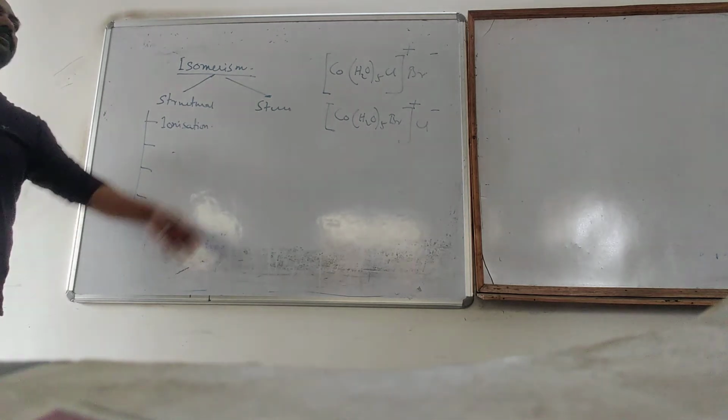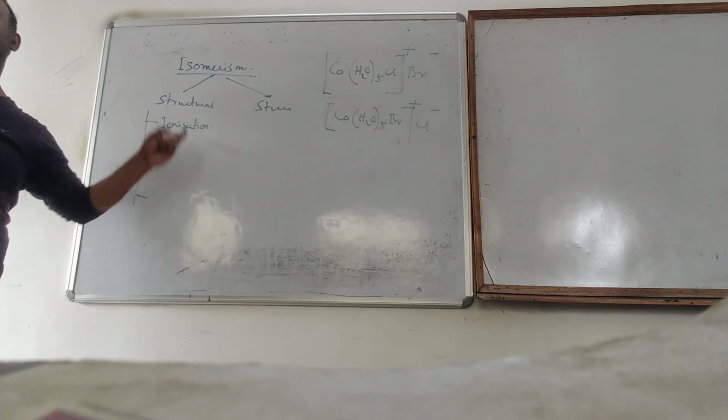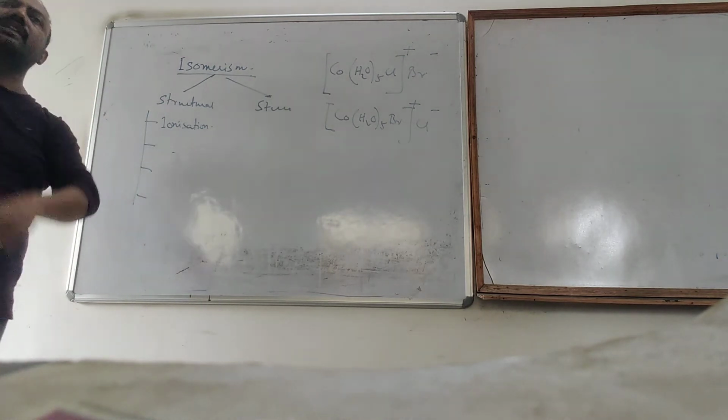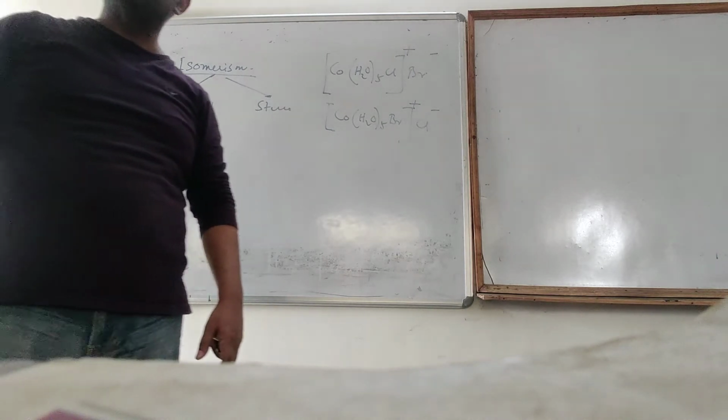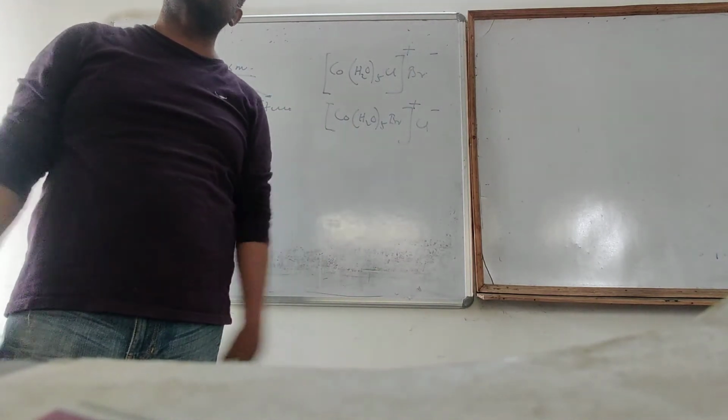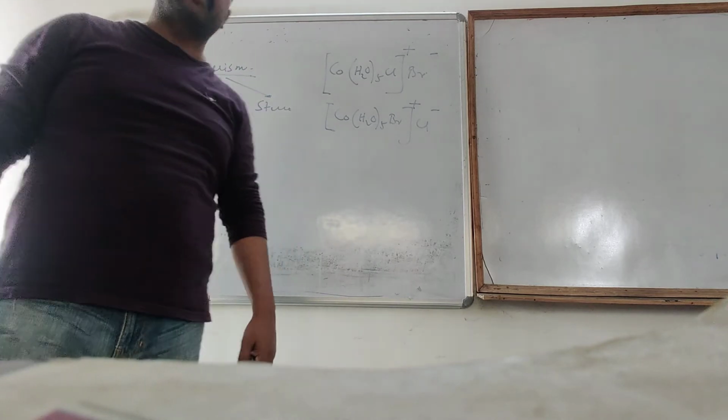That type of isomers are called what? That type of isomers are called the ionization isomers. So you will know just by looking that this is ionization isomers. You will just see whether the ions are different or not in the aqueous solution. If they are different, that is ionization isomerism. Next